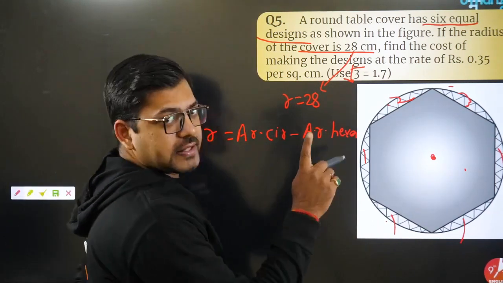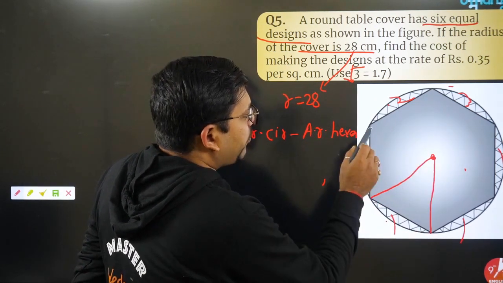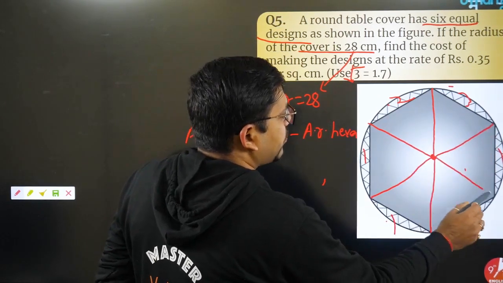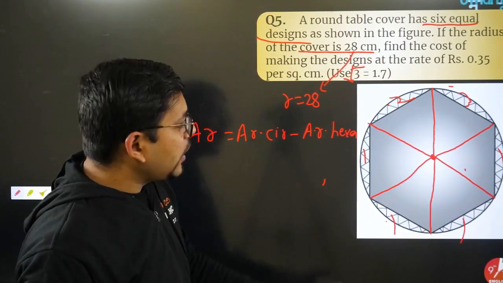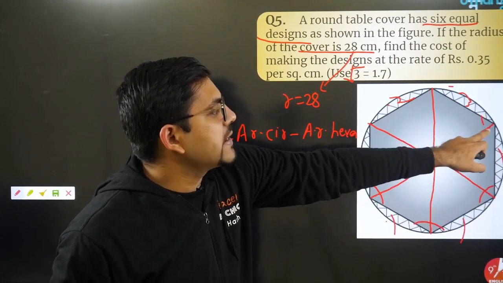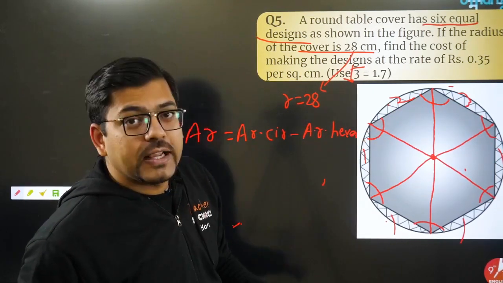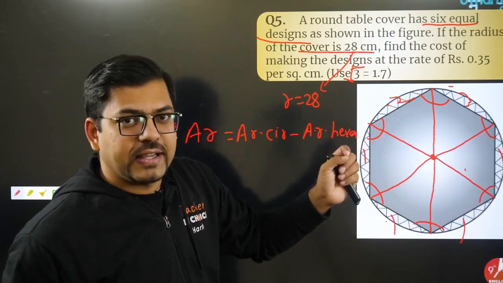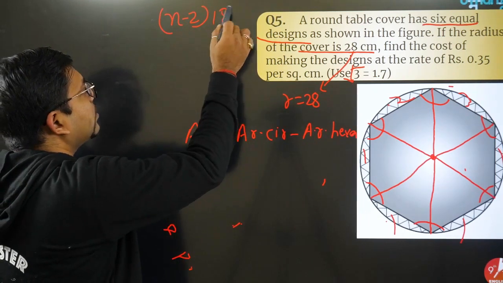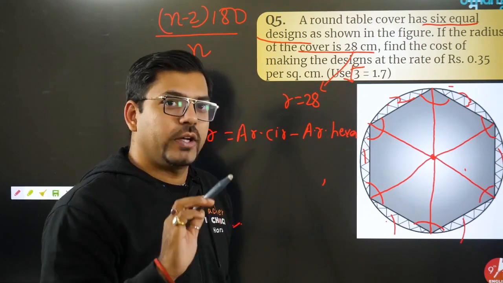But area of hexagon is an important part, so please pay attention to how we'll come to know about it. For finding the area of the hexagon, why don't you join all the sides? First of all, what is the angle of the hexagon? All these angles are equal because this is a regular hexagon. So we have 6 angles and there is a formula: n minus 2 into 180 divided by n. This is the formula for one angle of any polygon.